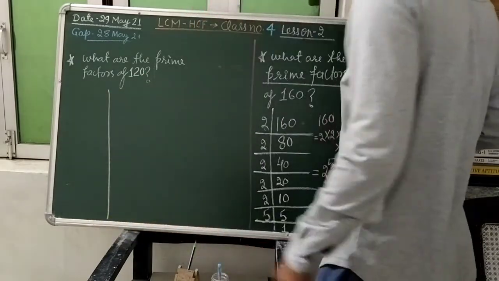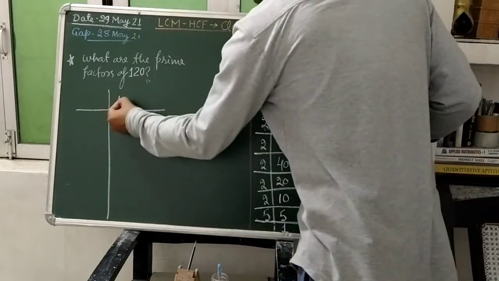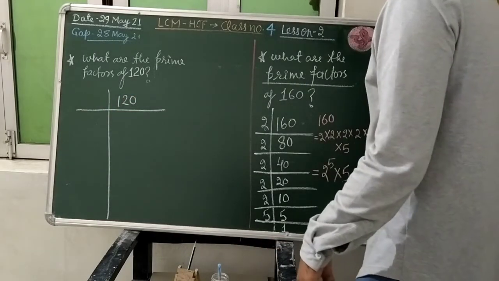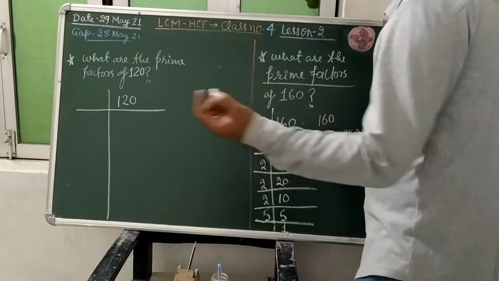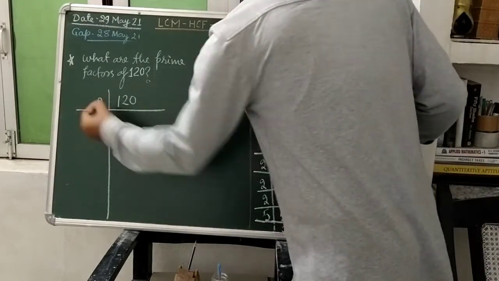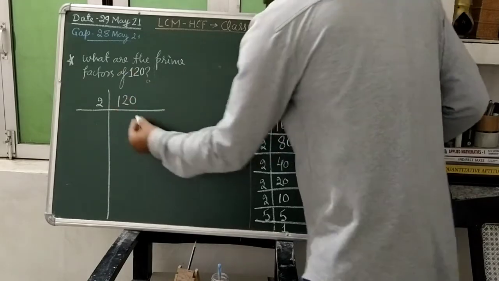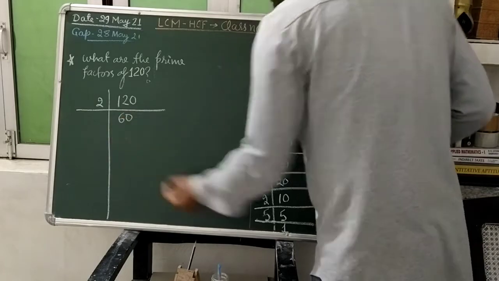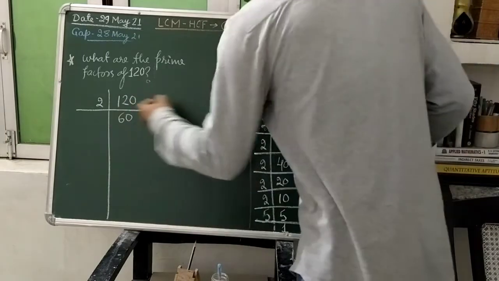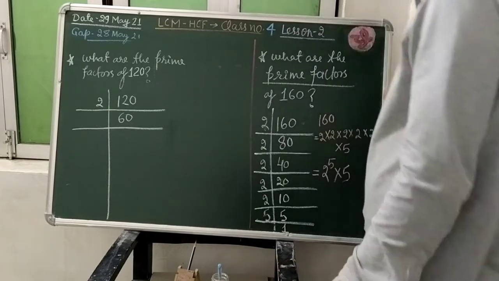So we will draw the vertical line and we will divide that into horizontal lines. First we shall select the number 120, which is a composite number, and for that we shall apply the rule from 2 to 11. 1 we will ignore. When 2 divides this, just 2 will divide it. When you divide 120 by 2, the quotient you will get is 60 and the remainder is 0. That quotient we will write again. One horizontal line will be completed and we shall look for the second horizontal line.